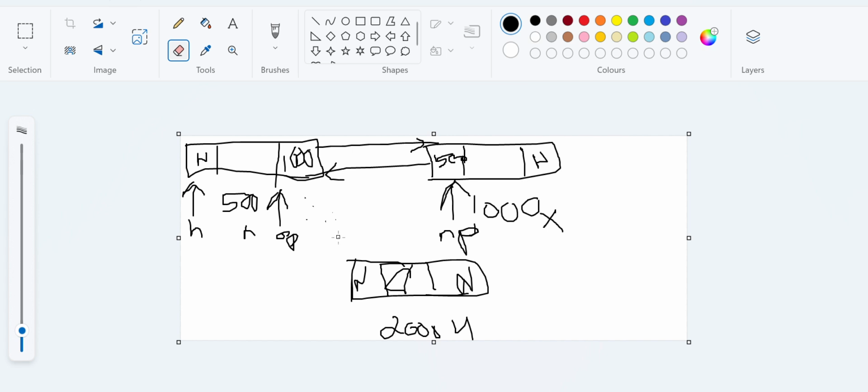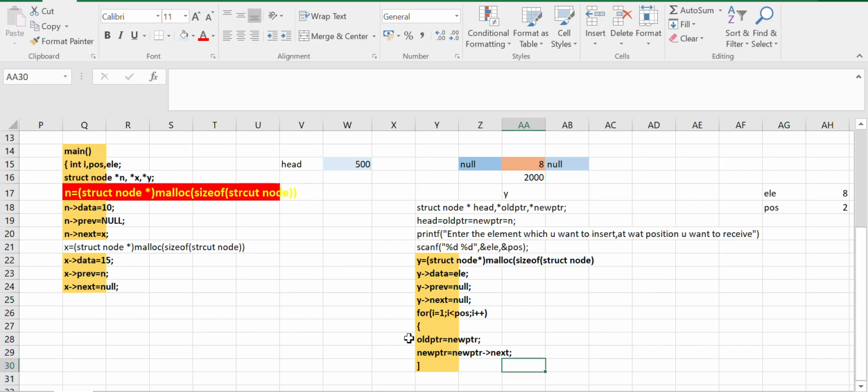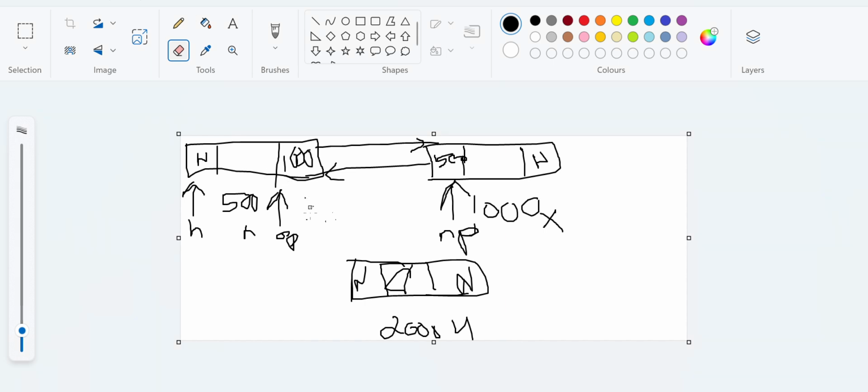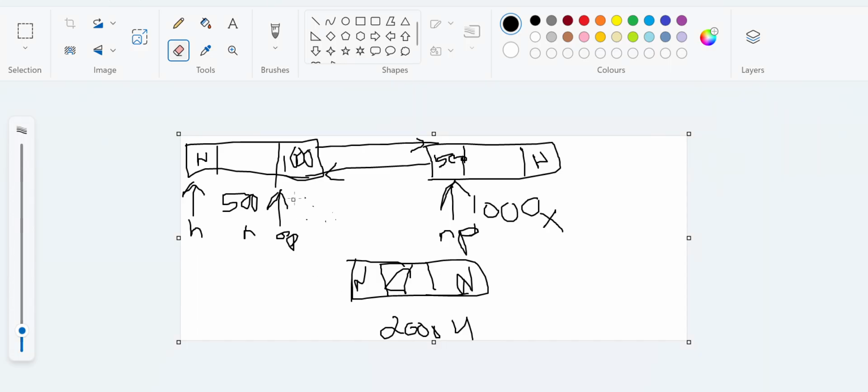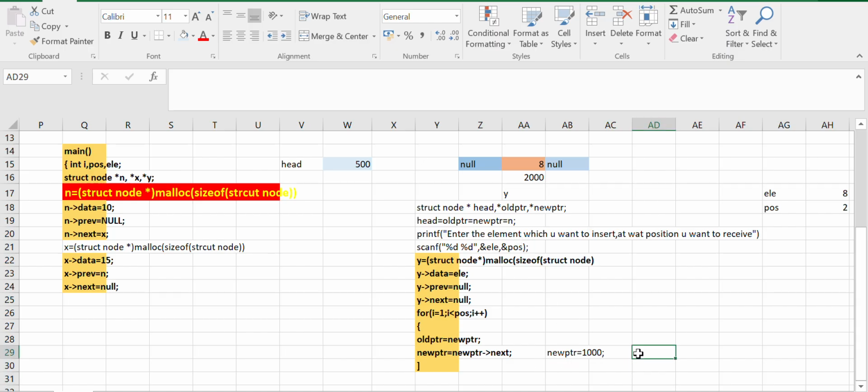To move to the next thing, I have to have this next to be the initialized point. You can see here, new pointer is equal to new pointer next. New pointer stays here. Now new pointer is equal to next, which is 1000. So this looks exactly like new pointer is equal to 1000. This is how the thing is happening. New pointer is equal to 1000, which means this pointer is moving to the address 1000. In the first iteration, the new pointer moves to 1000,